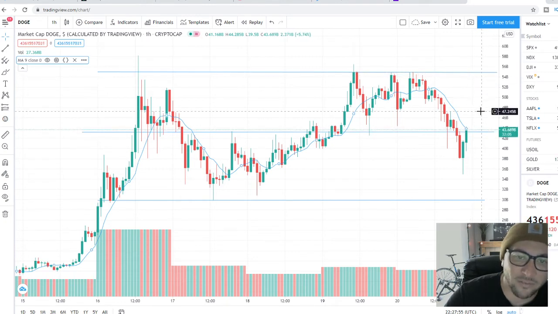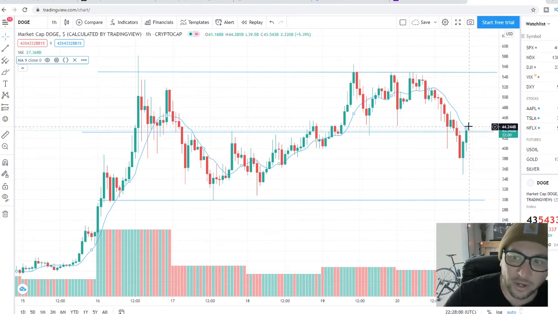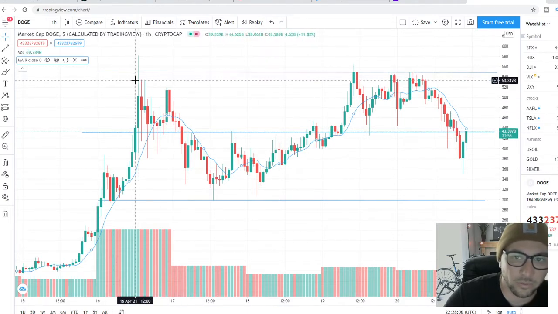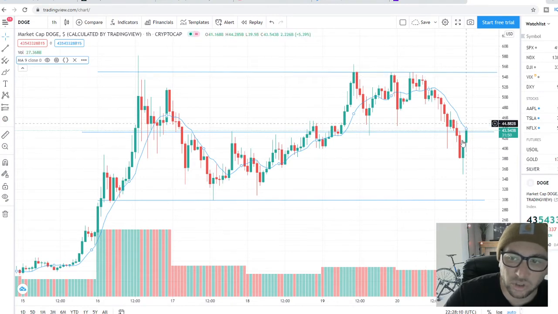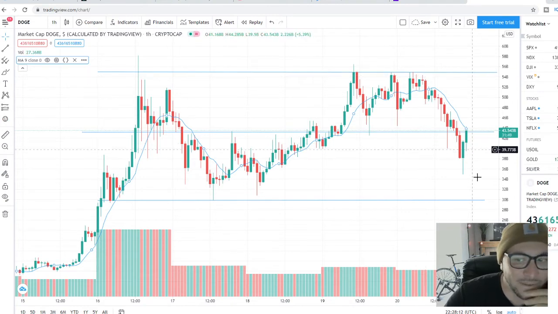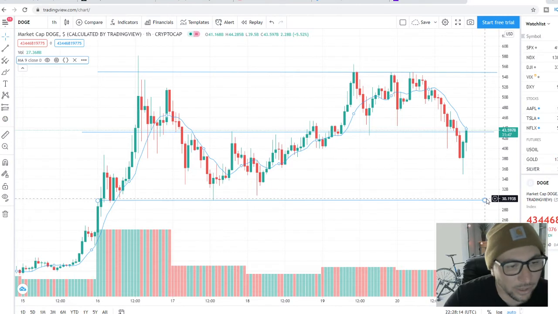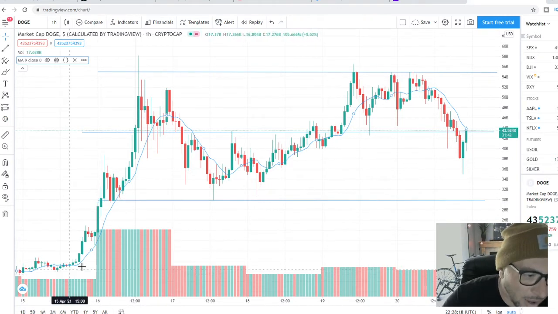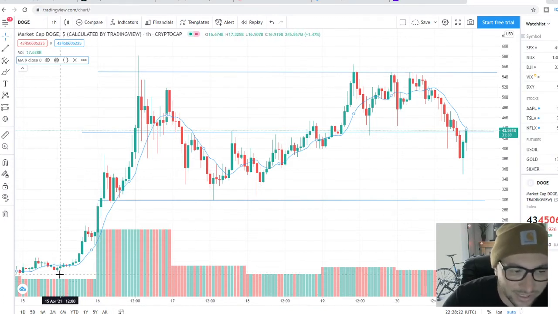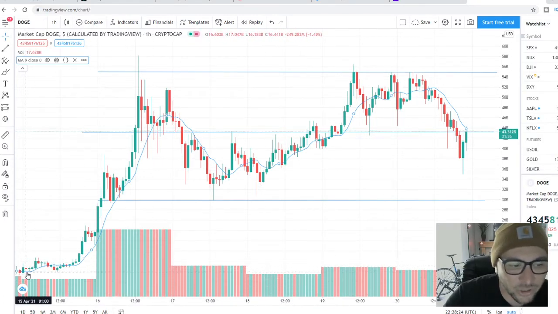So you basically have about a 12 cent move from the time it cracks this 9 moving average until the previous area of resistance going back a week now. So just keep that in mind. If this thing really starts breaking down below 30 cents, watch out. If it breaks down below 30 cents, I would not buy it until it reaches 14, 15 cents again. That would be a re-entry.